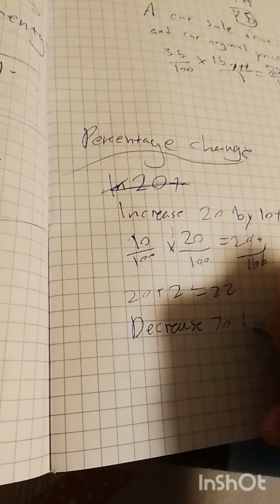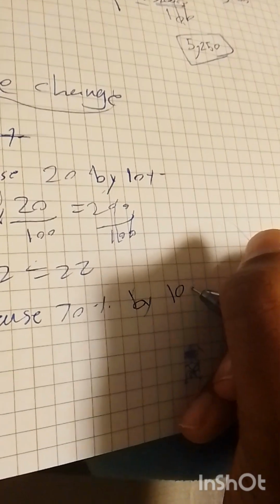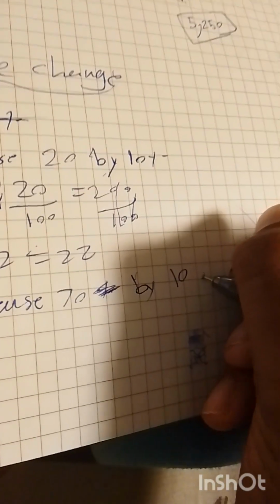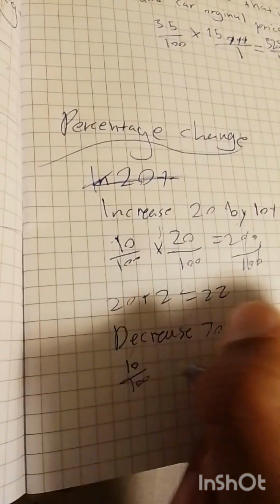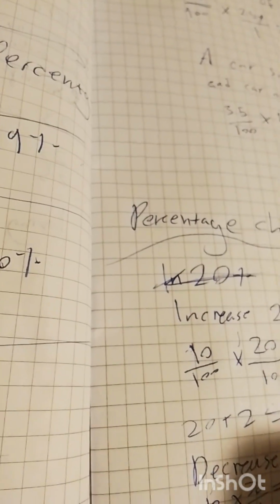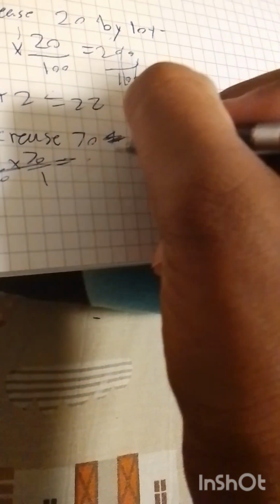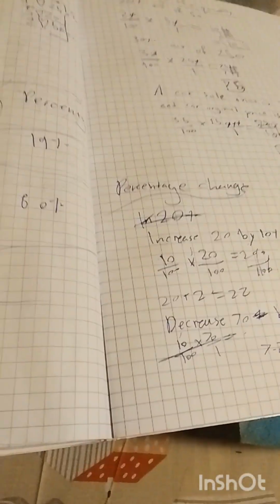Decrease 70 by 10%. So 10 multiplied by 70 equals 700, so 10% of 70 is 7. So 70 minus 7 equals 63. So now we decrease 70 by 10%. So this percentage